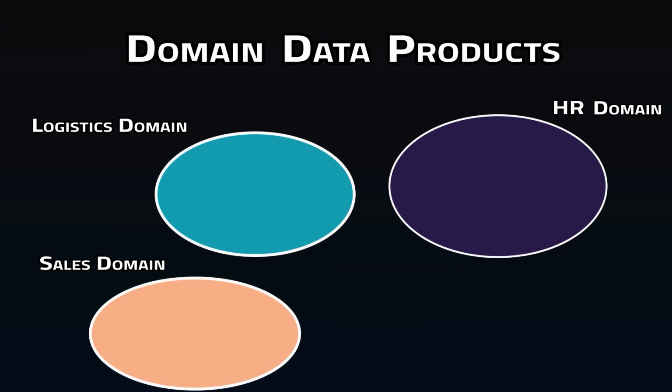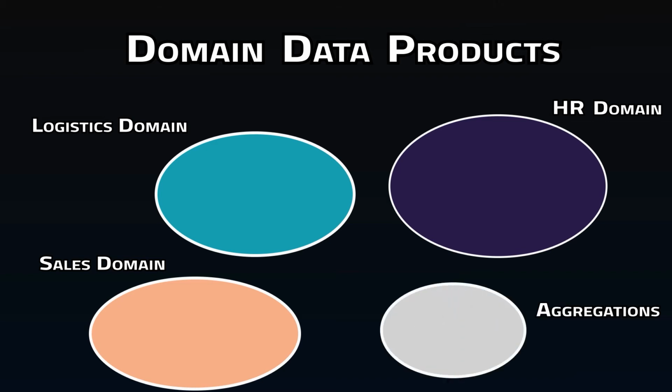In addition to the data generating domains, there may still be a need for analytics and aggregations of data, and these could exist as their own domains. So let's say an analytics group gets data from the HR domain and the sales domain. They aggregate the data from both to generate a dataset for bonuses based on employee performance. This dataset is then produced and made available to those who need it, like back to HR to pay out the bonuses.